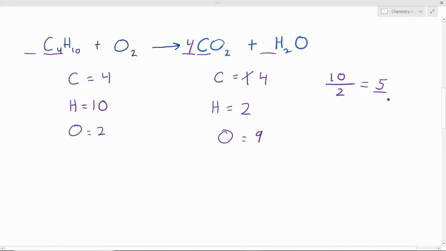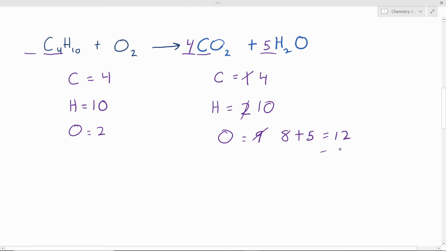So 5 is my new coefficient, which goes on the right side because on the right side we are lacking hydrogen atoms. So I put my 5 here, and now I recount all of my elements on the right side again. We still have 4 carbons because we didn't change this coefficient over here, but our hydrogen and oxygen numbers will change. So now we know that we have 10 hydrogens, and there were 8 oxygens for the carbon dioxide, plus, remember, the 5 also applies to our oxygen, so 5 times the implied 1 here, which is not written in chemistry. So 5 times 1 is 5,